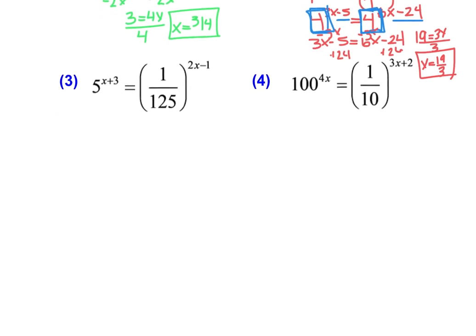This one down here, I notice I have 1 over 125. And I also notice my other base is 5. If I want to use this base equality property, where if the bases are the same, then the exponents must be set equal and be the same, we need to get these to be matching. Now, 5 doesn't condense down much smaller, but I do know that 1 over 125